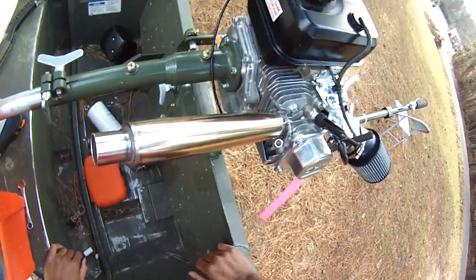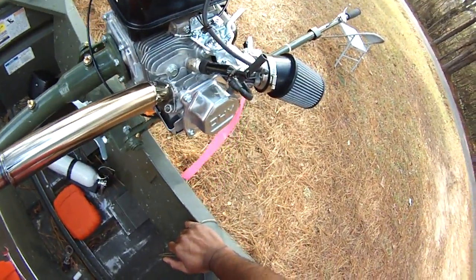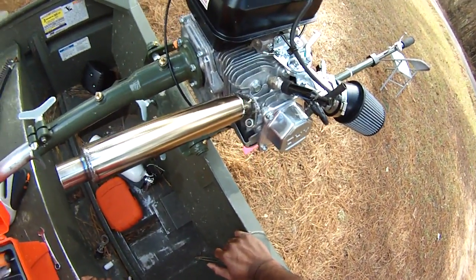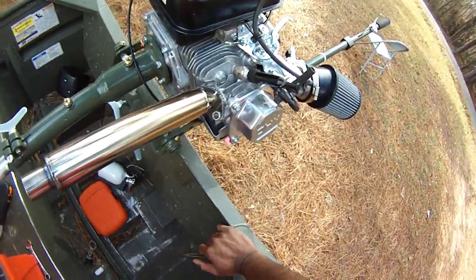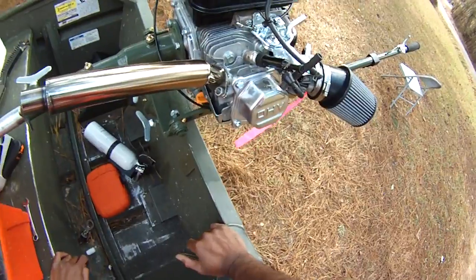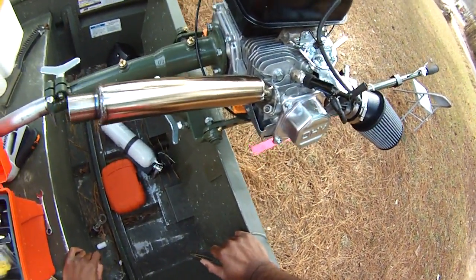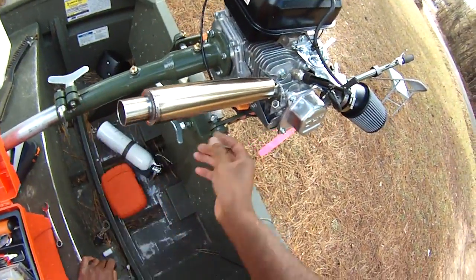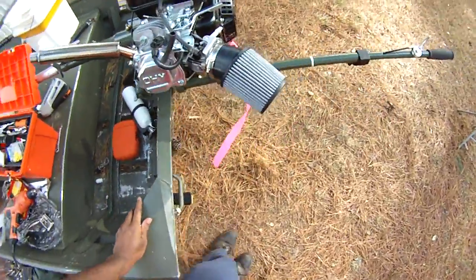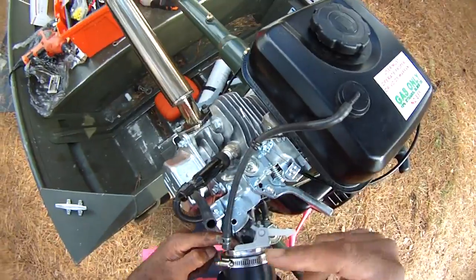and that means horsepower. Simple bolt-on modifications like this, I'm seeing lots of go-kart guys who are taking these little 6.5 horse motors and easily pushing them to 9, 10, 11 horsepower. And so that was the goal here, to try to get a 9 horse out of this little 6.5. So as long as we get 9, 10 horsepower, we're good. And so goal accomplished,